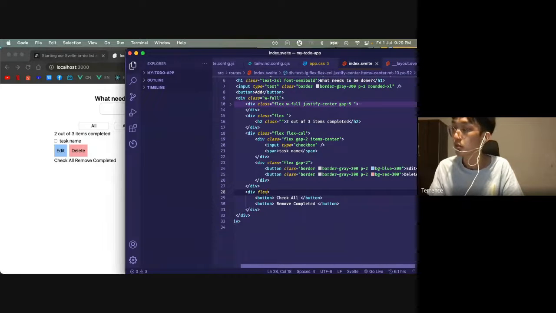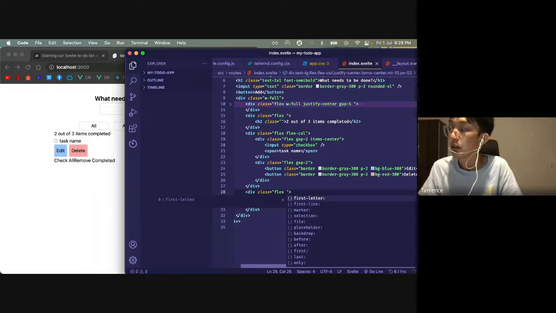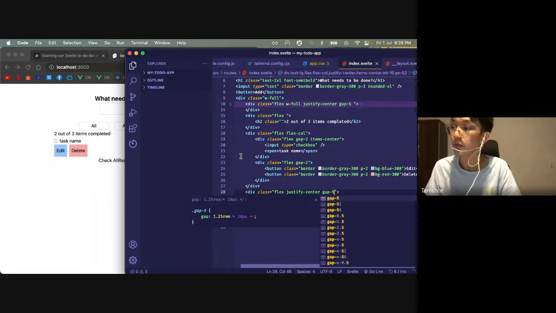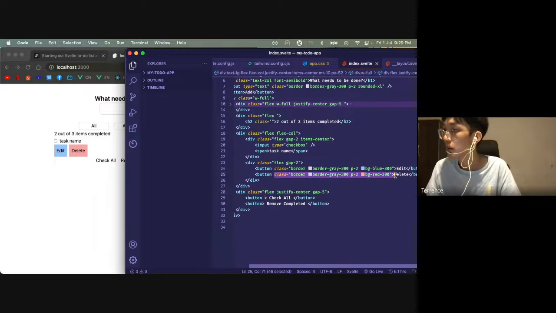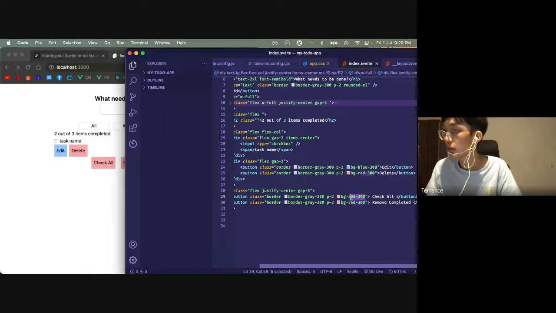This is a flex also. Oh, sorry. Flex. And justify, and gap, put it as 5. And their tags, wait. Just copy the whole thing down. Paste. But for these two, they are the same, right? So they have the black background